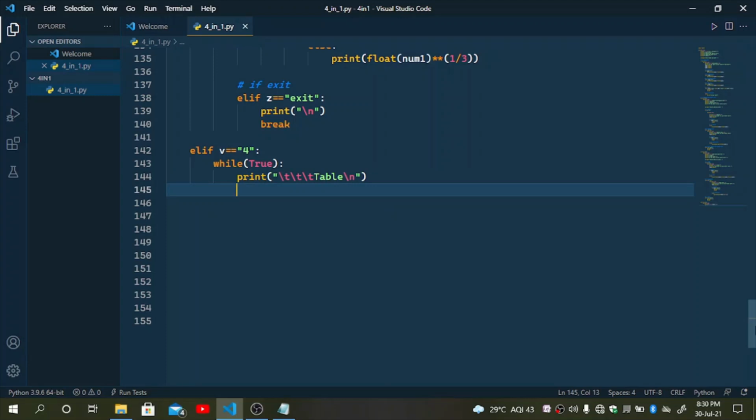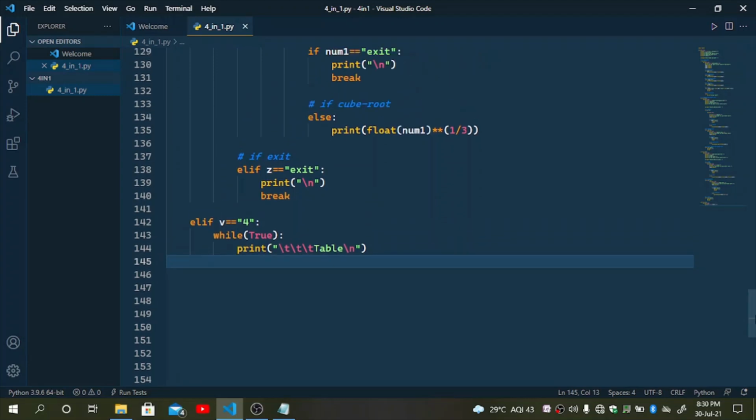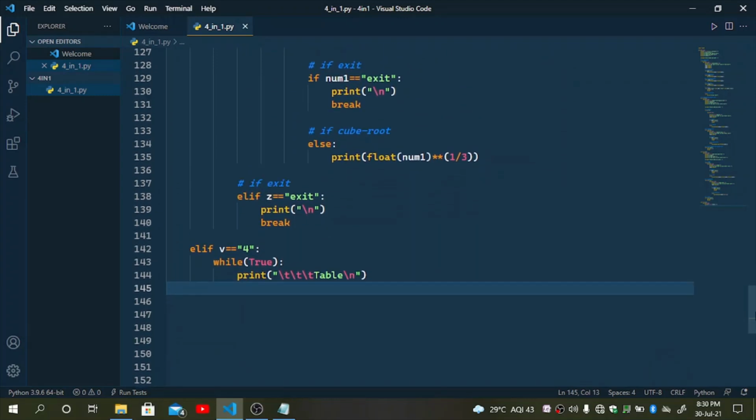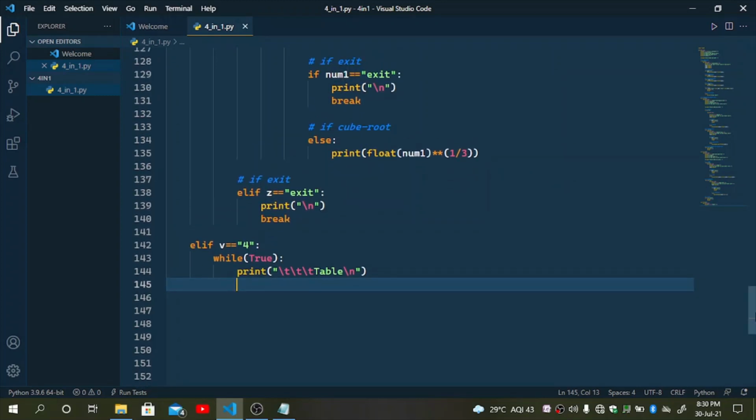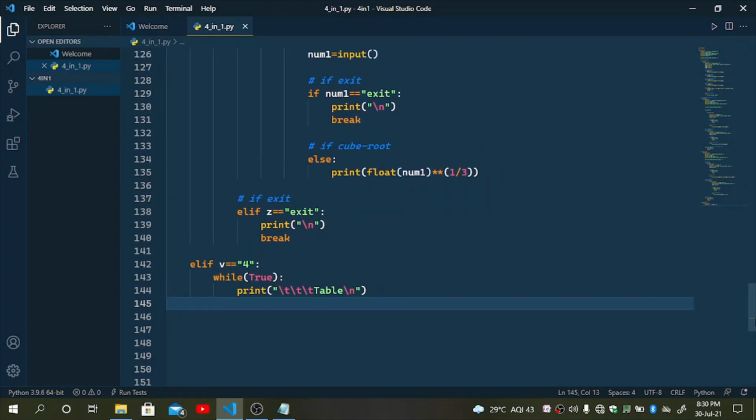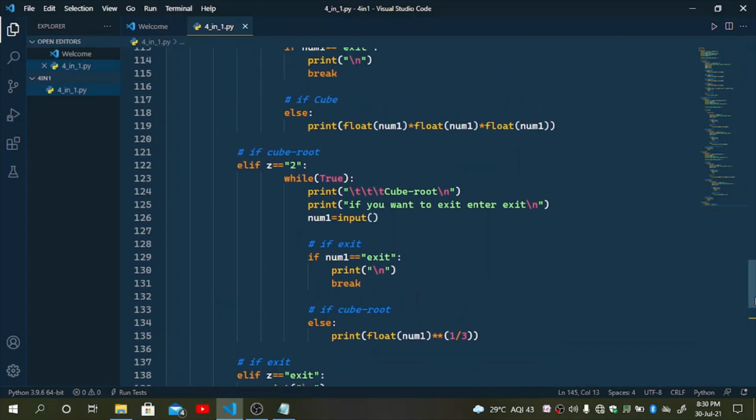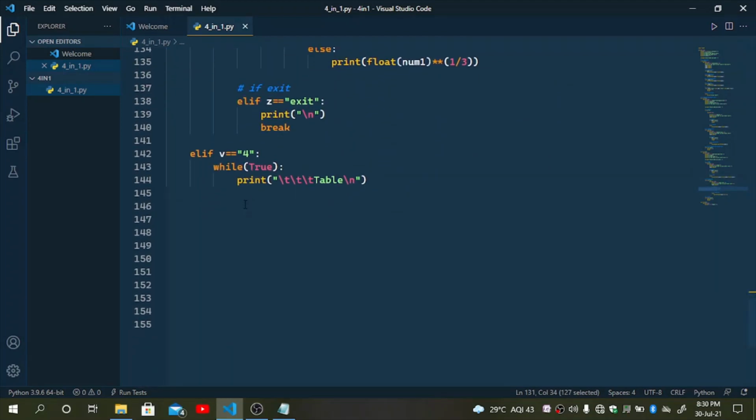Now we have to do two things. First is, we have to take this code for exit, copy, exit, okay. Then,